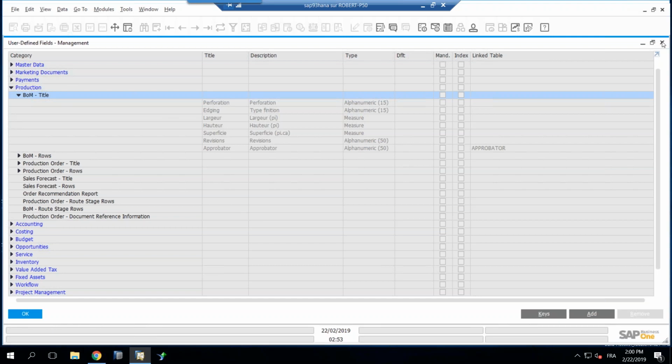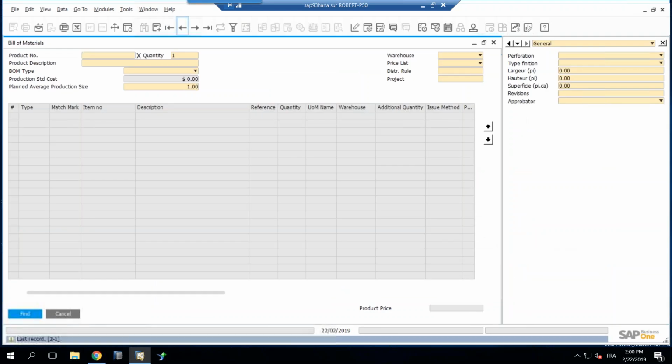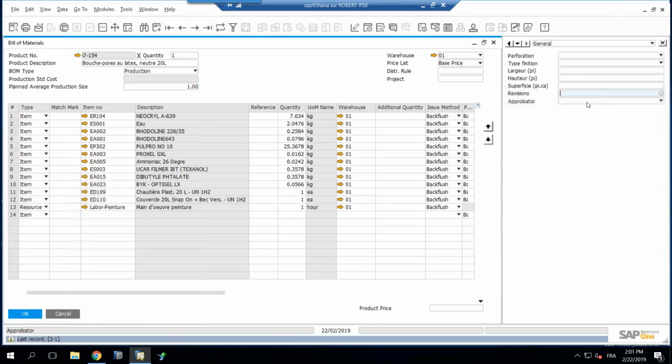So if I go now in a bill of material, I will see my 2 fields. My new 2 fields are there. I have my revisions and I have my approbator. The approbator